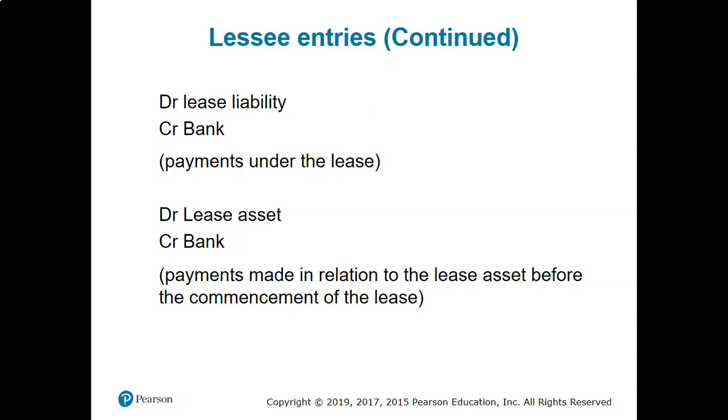So first he is recognizing the amount as liability, right? So the asset account debit and the liability account credit, and then when the liability is paid, the liability decreases, right? And the bank account is credited, and the lessee is becoming the owner. According to the accounting standard, as we mentioned before, he is supposed to recognize the amount as an asset in his books of accounts. So the lease asset account debit and bank account credit.